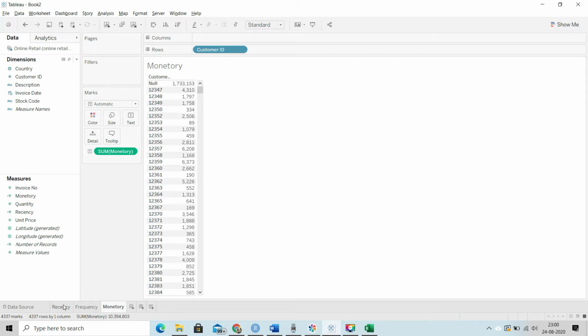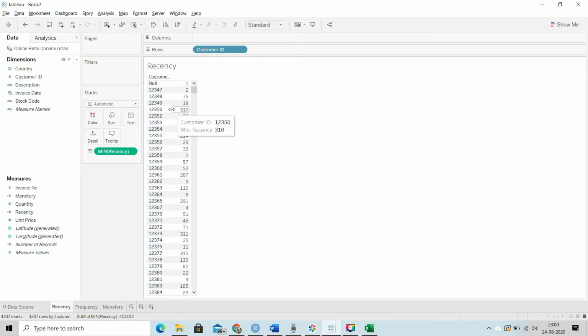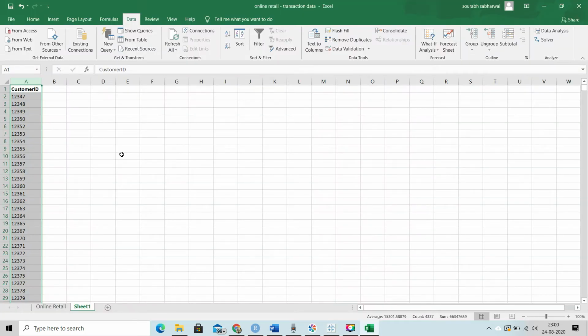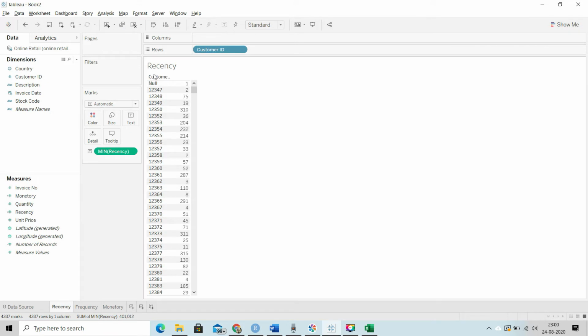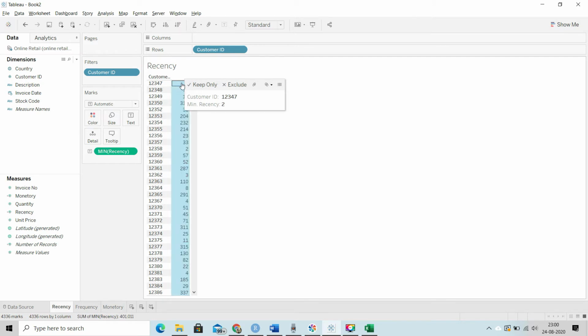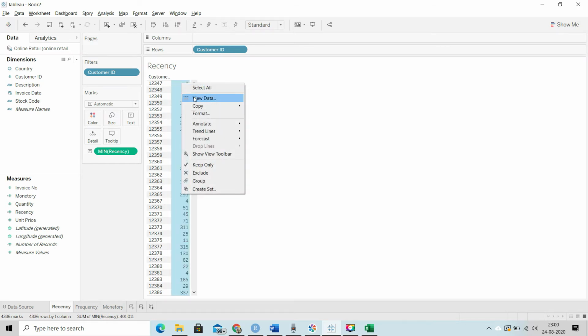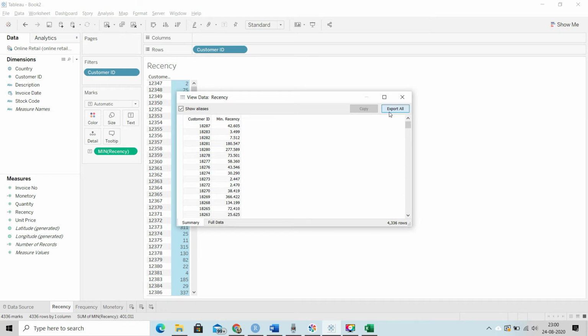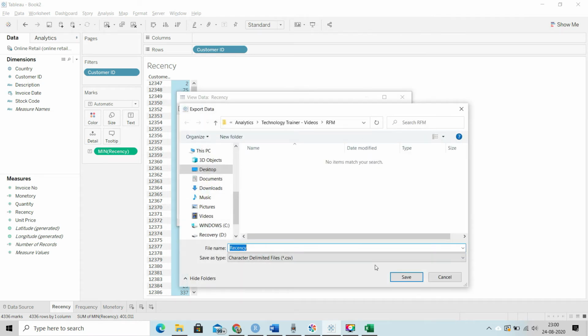Now we are going to export all of this in CSV. Now go to Tableau, select all. First let's remove null and then select all. Right click, view data. Here there's an option to export all. So let's export this as recency.